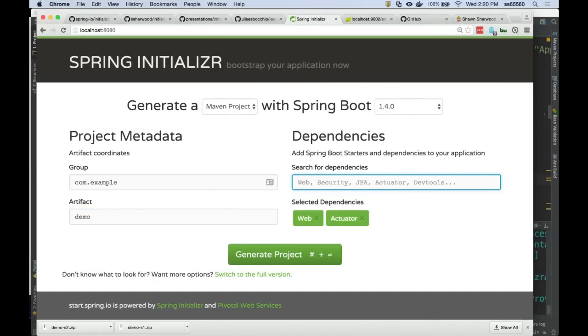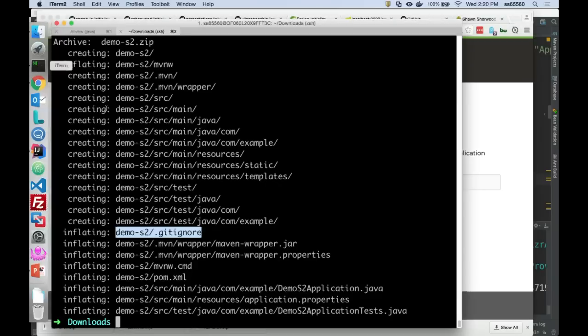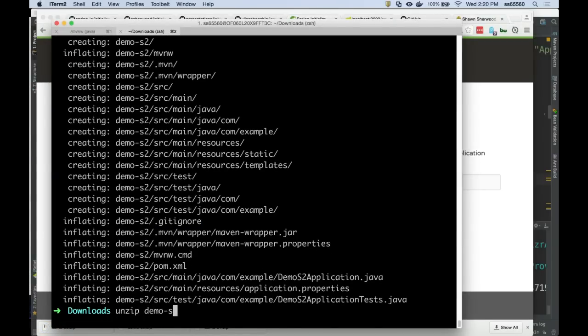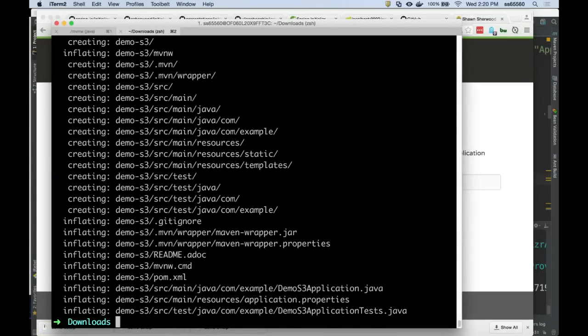So now when I pick my project and do the generate. So he's going through that pretty quickly, but when we talk about giving the team a project,